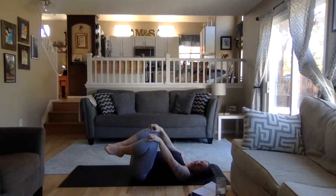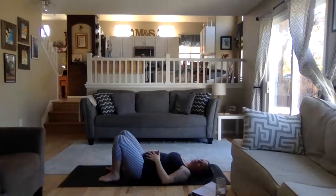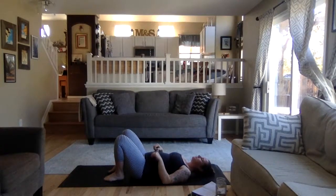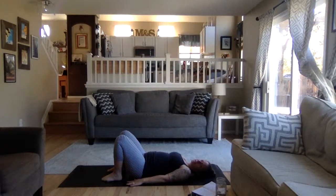Awesome. And our last bit of work here, we're going to take 3 rolling bridges. So flex your feet, take the soles of the feet down to the ground, hug your heels in as close to your glutes as they can go. Your knees are hips distance width apart. Take your arms down to your side, palms down,